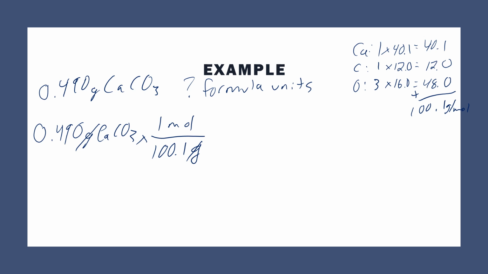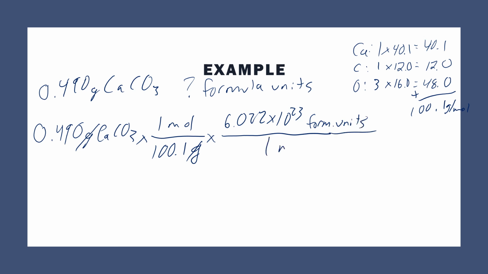And so if you stop there, you would have moles of calcium carbonate. But I don't want moles, I want formula units, or particles. So I can use Avogadro's number to get the number of formula units. I'm going to abbreviate a little bit. That's how many formula units are in 1 mole. Moles cancel. So you would do 0.490 divided by 100.1 times Avogadro's number, and we're using 3 sig figs based on our original measurement, so we get 2.95 times 10 to the 21st formula units